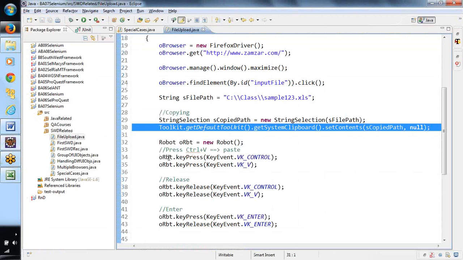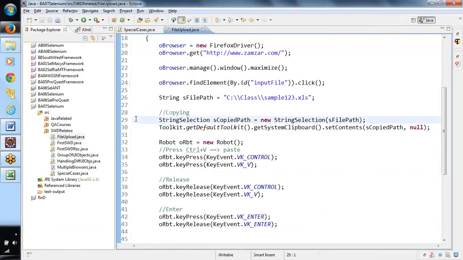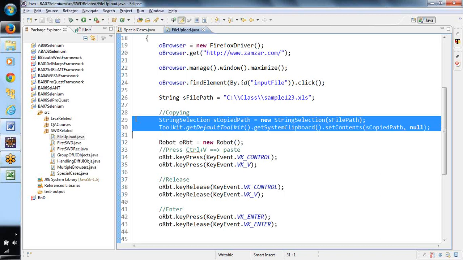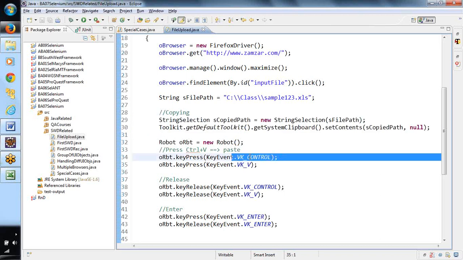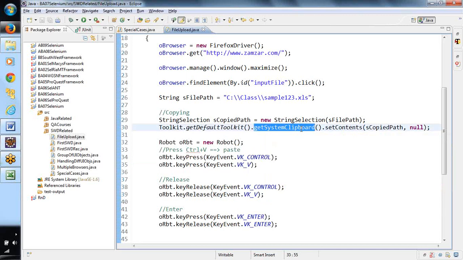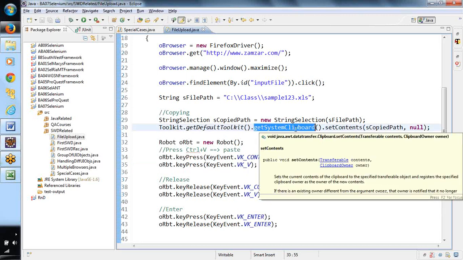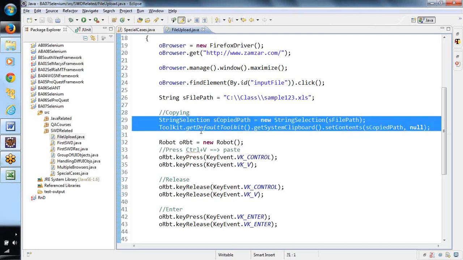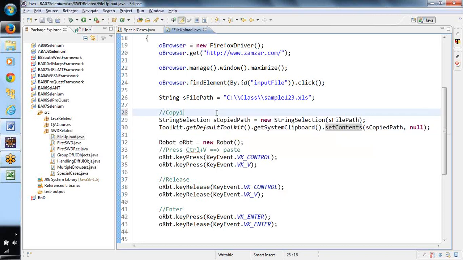The similar thing we are replicating from Java. Whatever value we want to select, once you do a selection, you are trying to save it in a clipboard. And when we say Control V over here, it is going to get it from the clipboard. We are saying clipboard, we are trying to set the system clipboard contents over here, set contents. This is again a ready-made toolkit, ready-made functions which are available in Java. So these are the two lines which will basically copy into the clipboard.